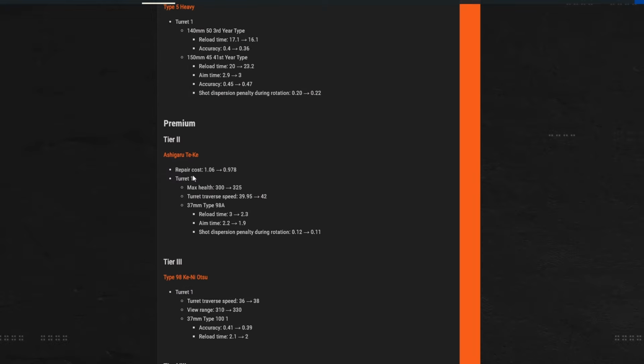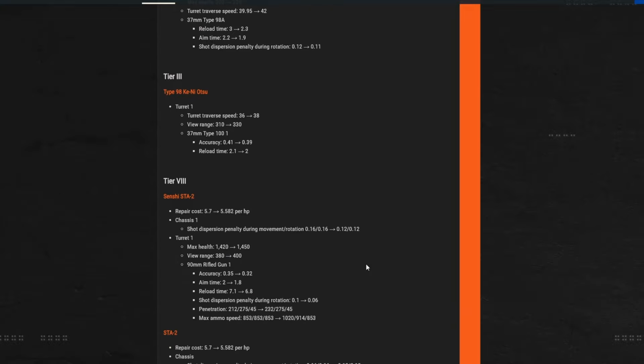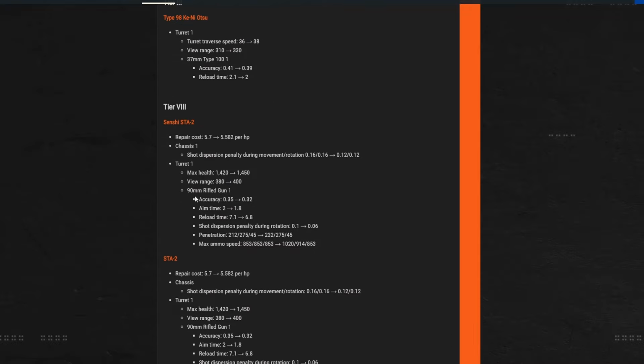As for the premiums, again, we're just doing some 37mm stuff in the low tiers, but when we get to the STA2, there's 3 variants of the STA2, so they all get the same thing. But its 90mm is basically getting the same treatment as the STA1 and the Type 61, where its standard pen's going up. And now this tank actually had worse shell speed than the previous 2 tech tree tanks, but now it is also going to match with 1020 standard and